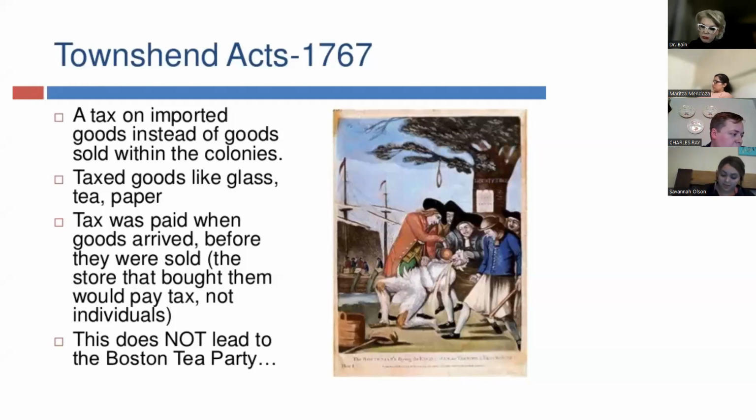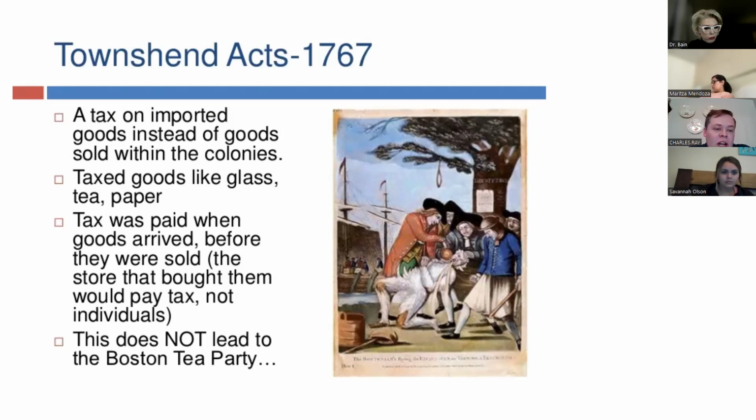Here's where things start getting a little more interesting, shall we say. So those are passed. The Quartering Act never goes away. The Stamp Act does get repealed, but they pass another one, the Townshend Act, because they're like, okay, we still need cash. We still need the colonists to pay more taxes, because I think if I can find it, I'll let Doc know about it, and she can share it if you're interested. I think the average thing for taxes over here in the colonies was actually much lower than it was in England. So that's another reason why the British didn't want to listen to them.